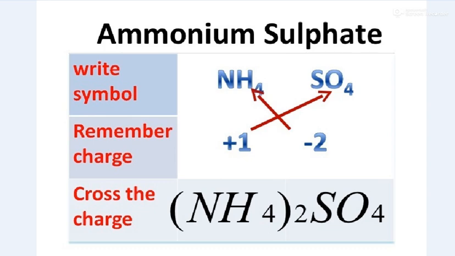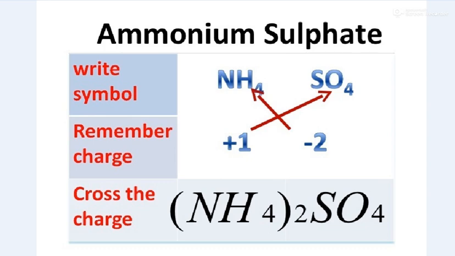So the third step is to interchange the valency number of each atom or radical and shift it to the lower right side of the atom or radical. And if the valency of each atom is the same, that means you have to divide by the highest common factor to get a simple ratio. For example, see here, ammonium sulfate.